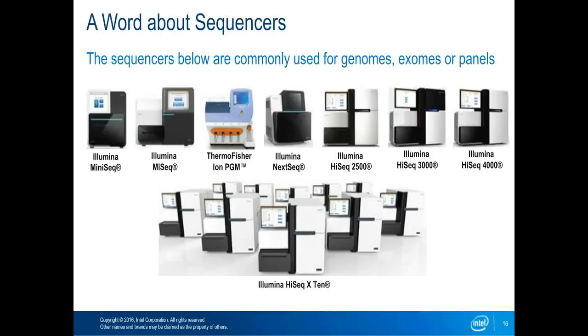So let's talk about sequencers for a sec. We talked about all these constants, and now the challenge is you've got a sequencer with a bunch of output, and now you know per node how many genomes you can do and how much storage it's going to take. So we have to do an impedance match here and figure out, and I'll pick a few examples, how to line up a set of nodes with a specific sequencer.